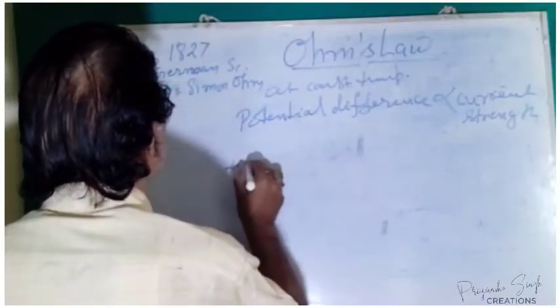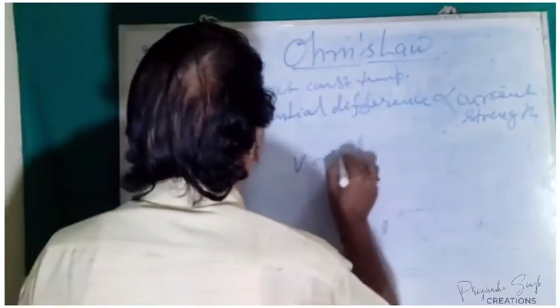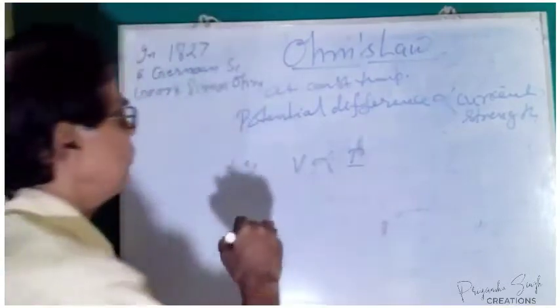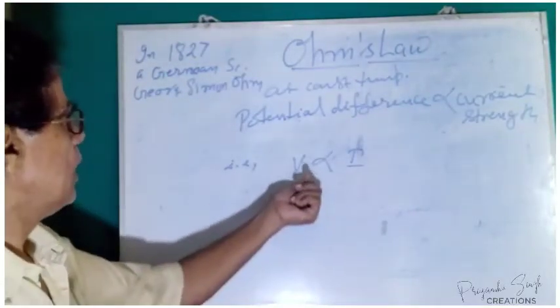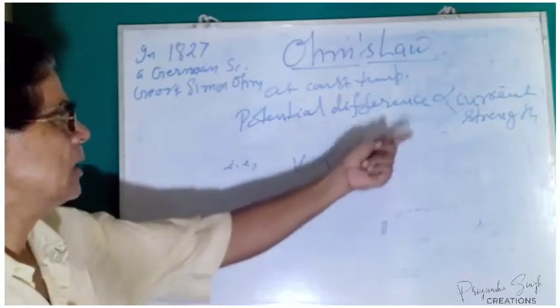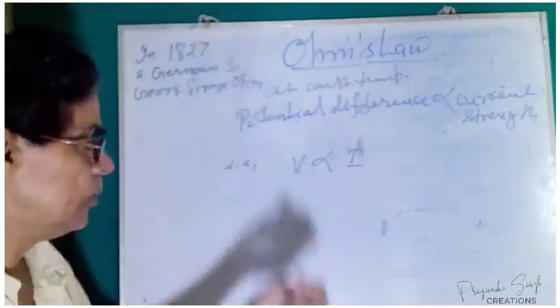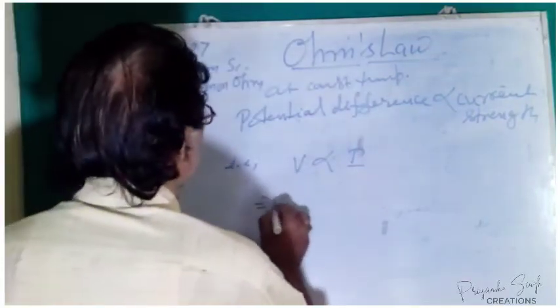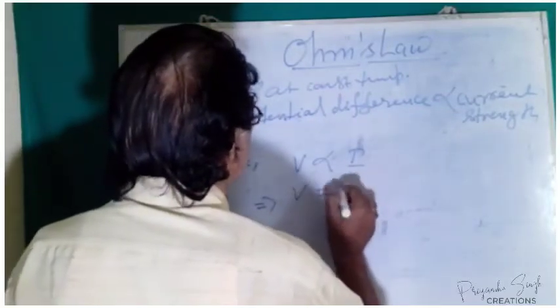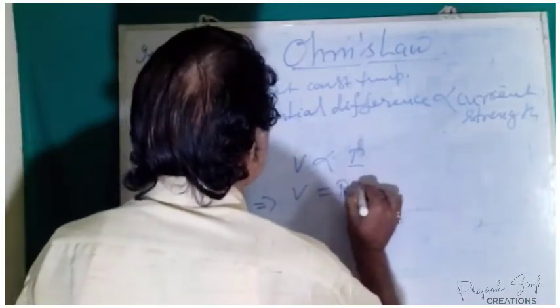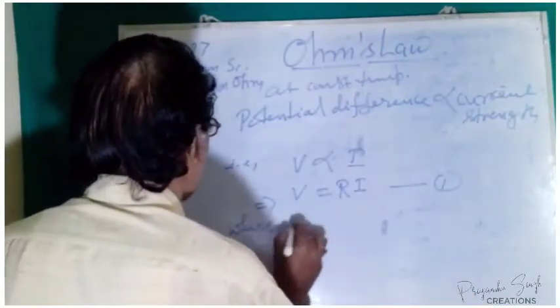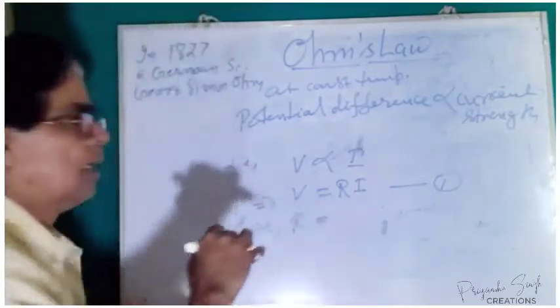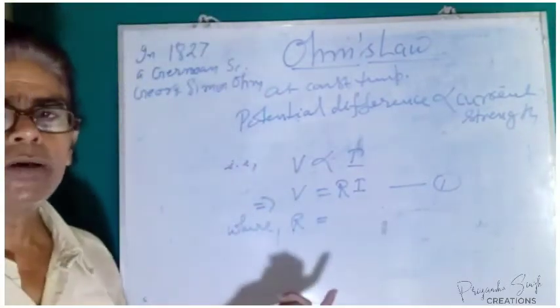That is, V is directly proportional to I, where V is the potential difference and I is the current strength, or V equals some constant R into I, where R is the constant of proportionality,